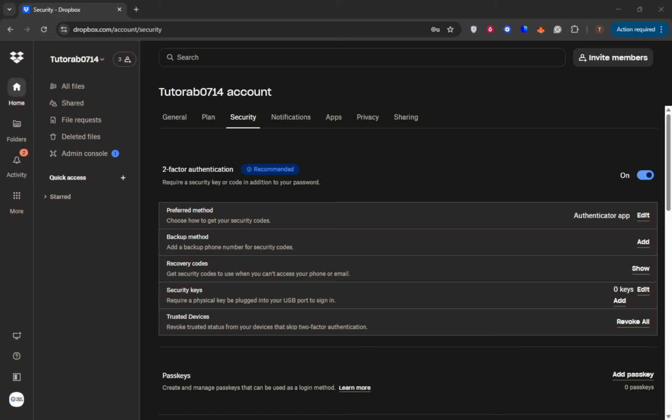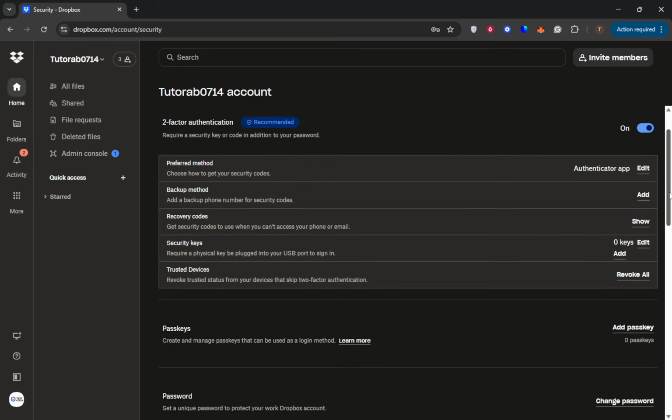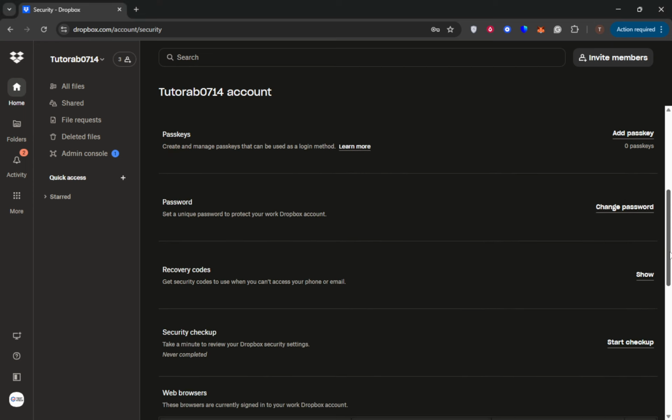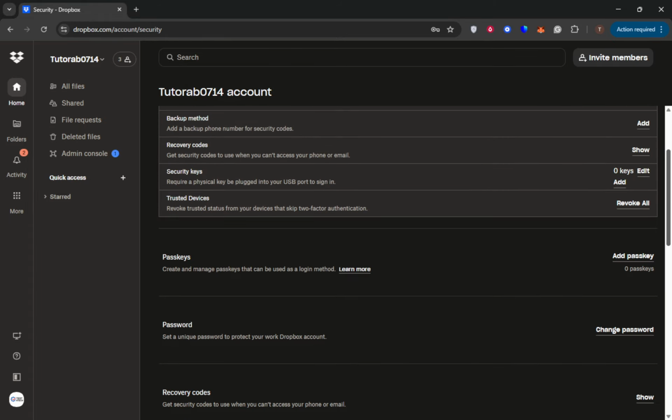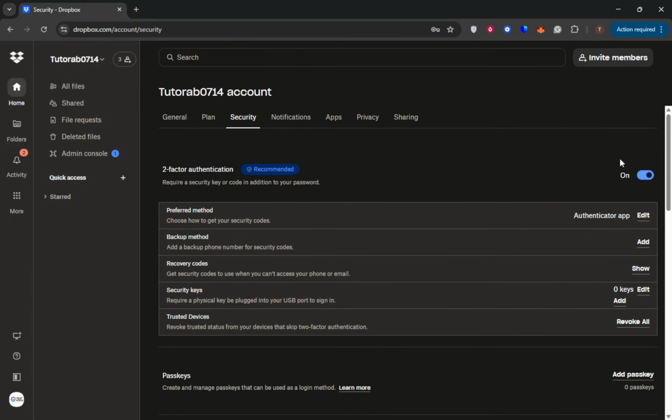In today's video, I'm going to teach you how to switch the Authenticator app for your Dropbox account's two-factor authentication. This process is crucial whenever you need to change the app you use for added security on Dropbox. Whether you're switching to another app or upgrading to a new device, staying secured with two-factor authentication is key to